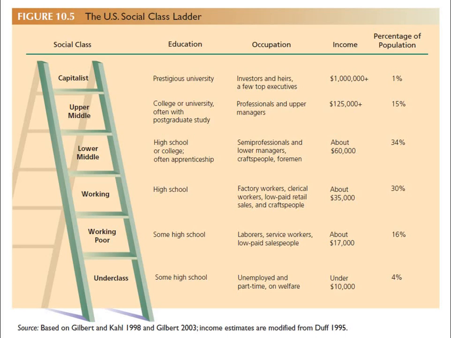Okay? Just below them is the lower middle class. These are people who have generally gone to college, but they went to the state college. These are the teachers, the social workers, the nurses, and look, this is where people from UNF typically end up. This is the place in the social class hierarchy that most of you come from, and this is the place where most of you will end up, for better or worse. These are incomes of about $60,000 all the way up to about $100,000, and it's the largest class of Americans,